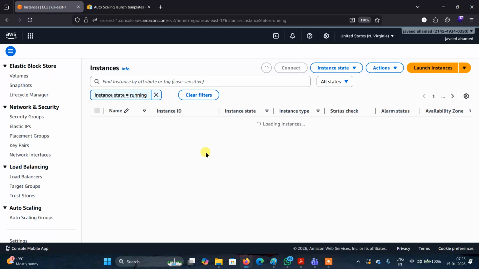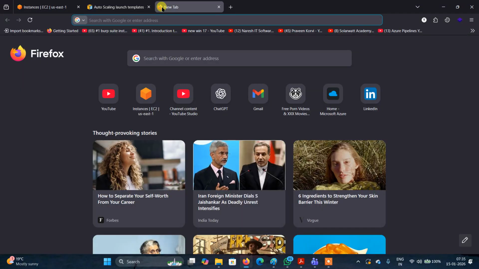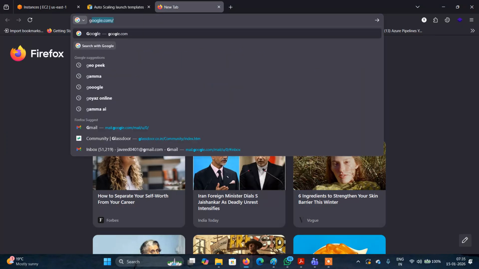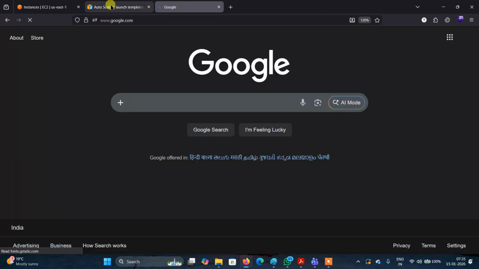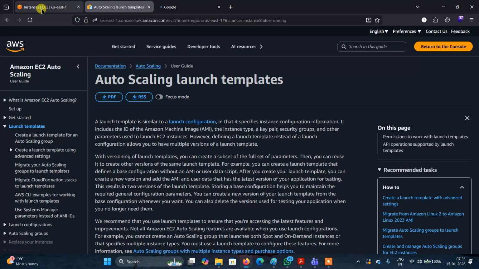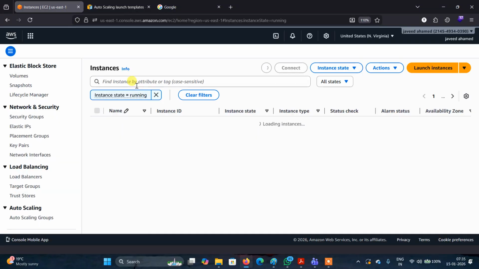So why is it getting an error? It's having a portal issue, loading slowly.